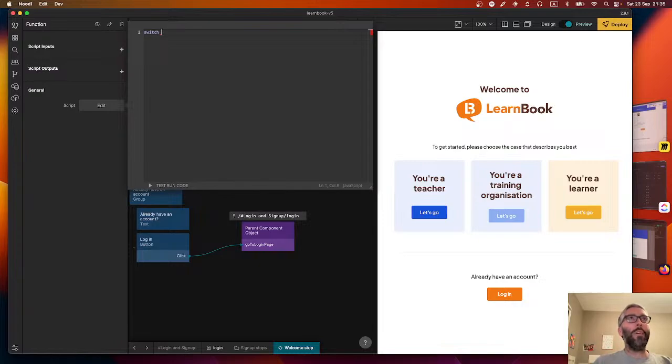Will I actually remember how to do this? Switch, and then what comes after switch? Can I get a little code help here or something? Expression expected, yes. We need to go to parentheses, and then it's inputs type, and then curly braces. Yes. Ooh, it's getting intense. So case, and it's going to be teacher, double point. I'm remembering this so well. I've been practicing. I'm going to make a mistake probably at some point, but